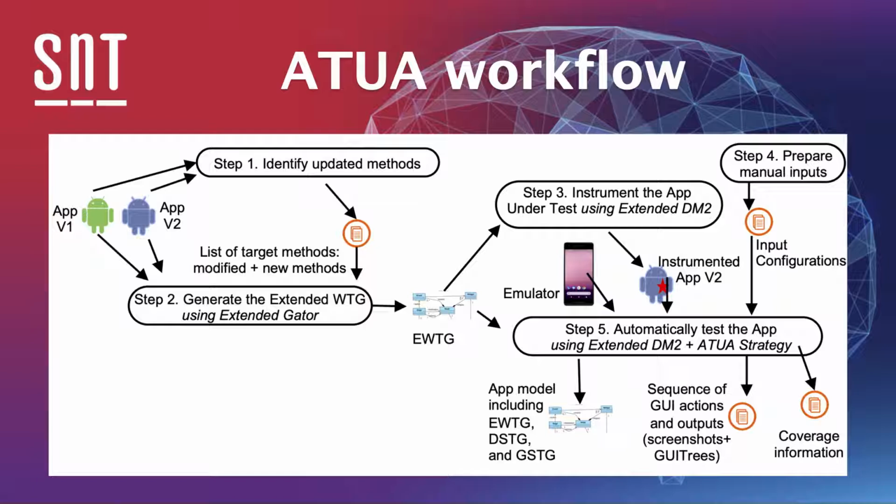ATUA includes 5 steps. In step 1, ATUA compares the previous and the updated version of the app under test to identify the updated methods. In step 2, ATUA relies on SUIT, a static analysis framework, and an extended version of Gator to generate the EWTG. In step 3, ATUA relies on DM2 to generate a version of the app that is instrumented to trace